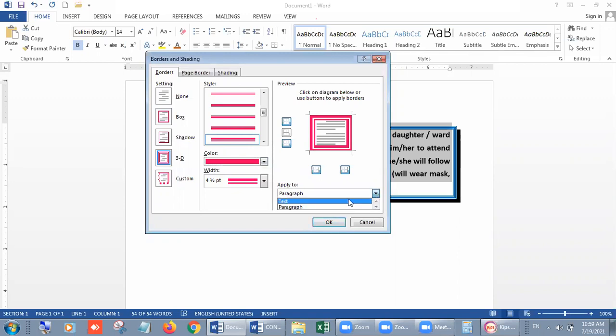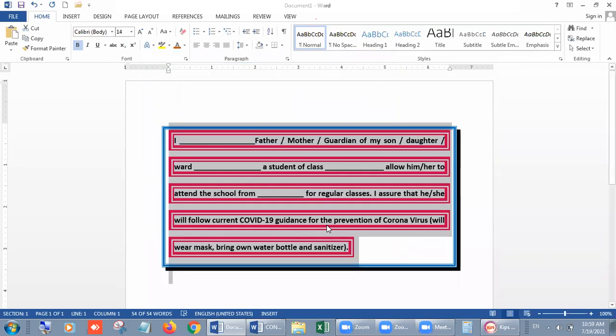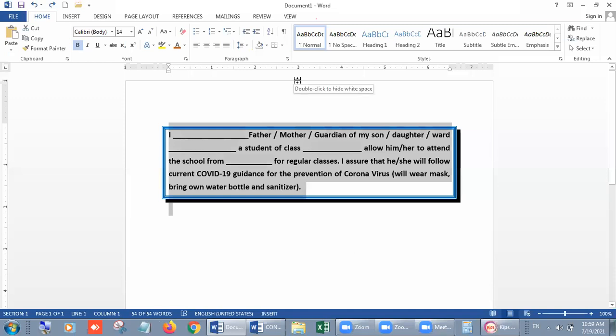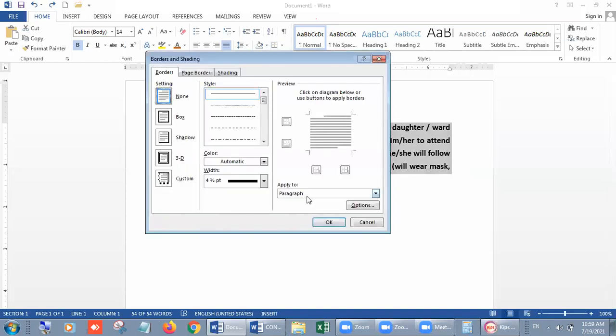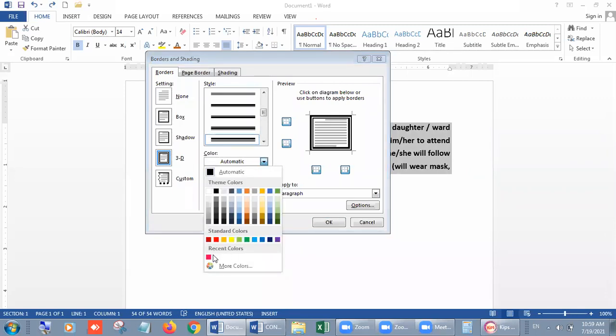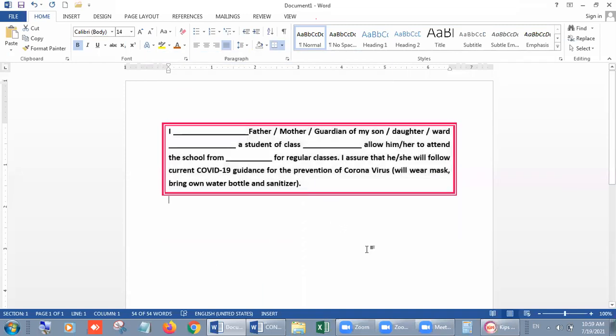This time, suppose we want to apply on text only. Look, students, if you want to apply on text, then the line wise option will come. Otherwise the paragraph option is best. 3D, this option, color, OK button. Now you can see the change. Okay, beta. These were some commands which can beautify your text.